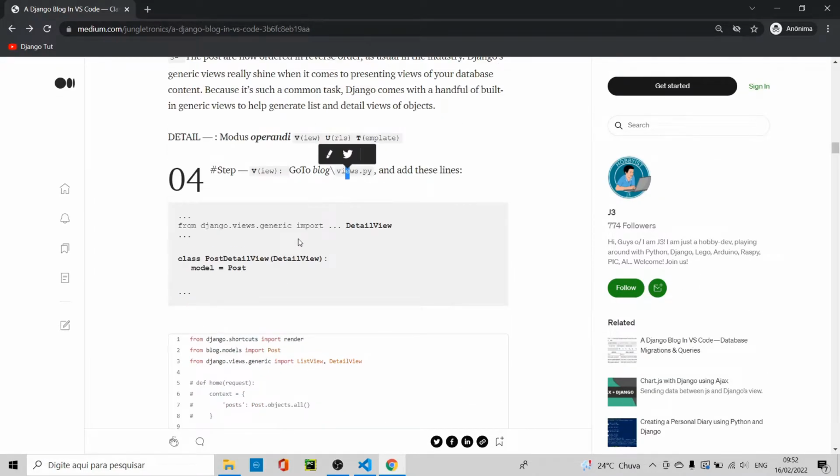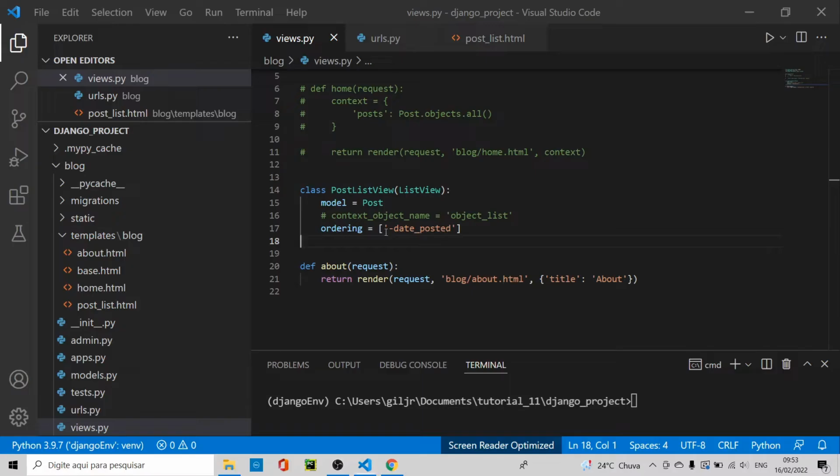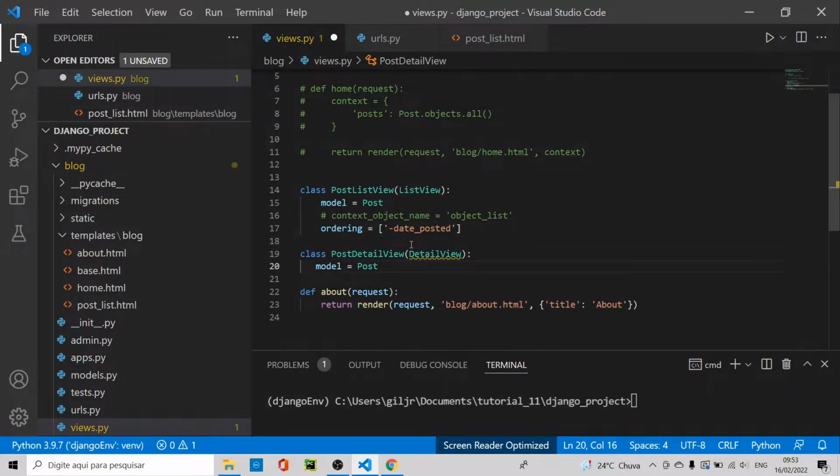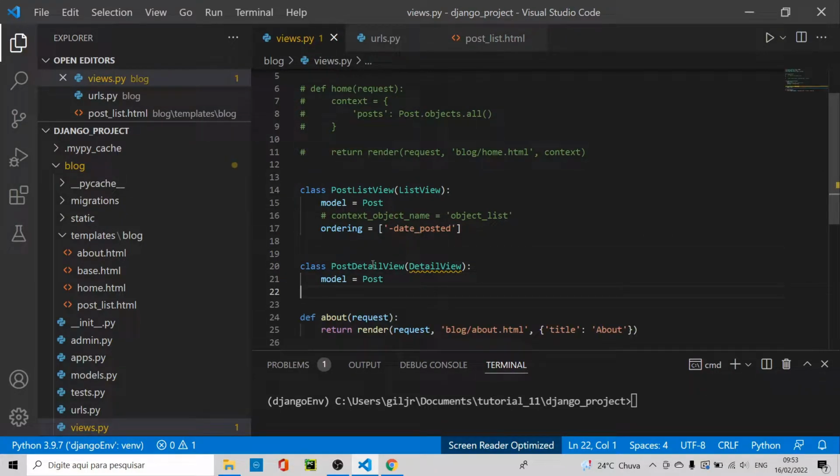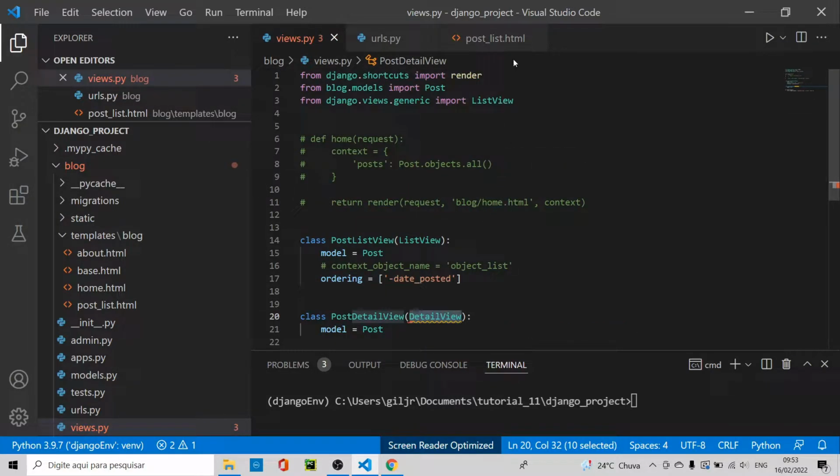What we have to do in step 4 is just make this class-based view and import DetailView in the view. Let's go to the code right here, the view. Let's paste it right here. Let's save it, class-based view, and let's import this class-based view right here at the end and save it,